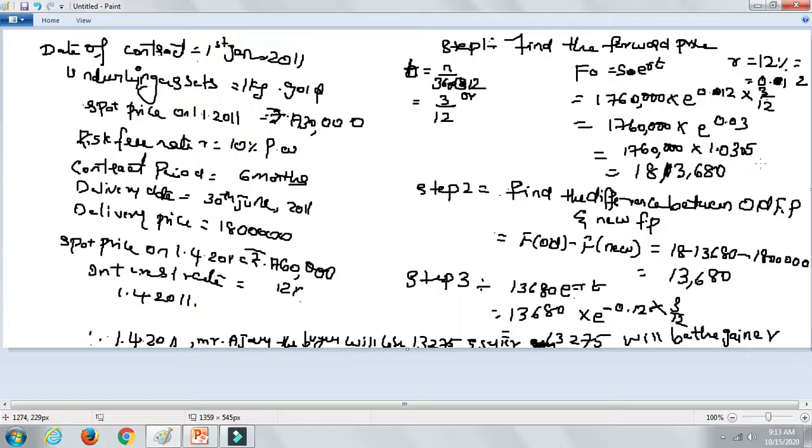there is a rise in the gold rate also. The spot price was 17 lakh 30,000, but on 1st April it is 17 lakh 60,000. So they mutually decided 18 lakh something for 1 kilo of gold. So if they are entering into the contract, on 1st April, even though the price is less, Ajay has to pay more, 13,275. Because the difference was 13,680 as such. So this is how it works.